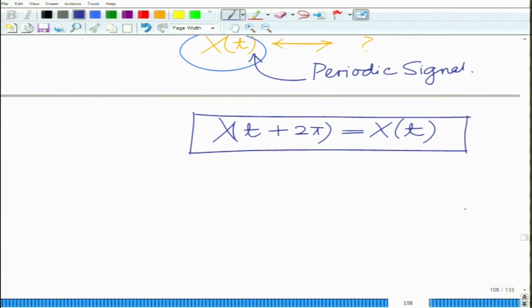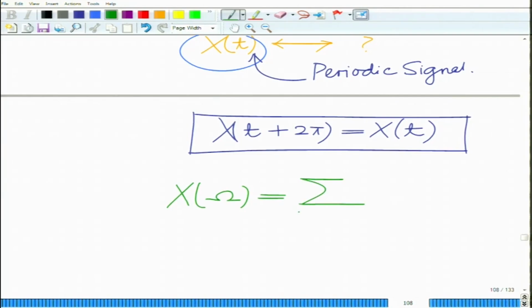Naturally, when we have a periodic signal, we cannot use the continuous time Fourier transform, but we have to look at the complex exponential Fourier series, and that is going to be related to the discrete time signal x n. How is that related? That is not very difficult to see. If you look at x of omega,